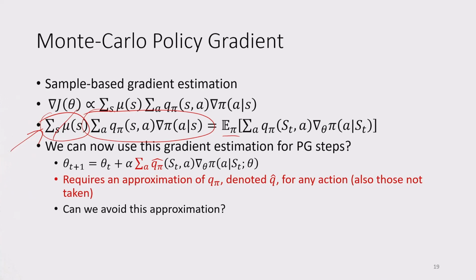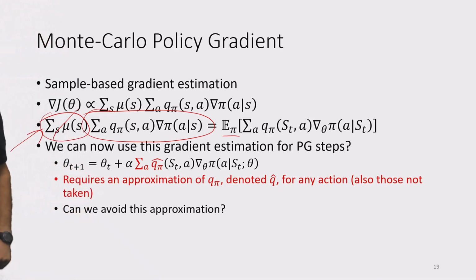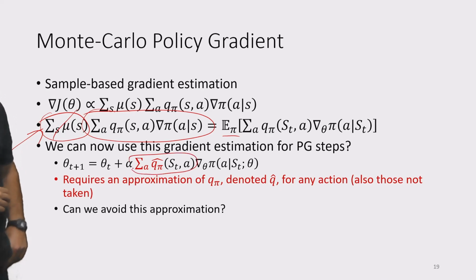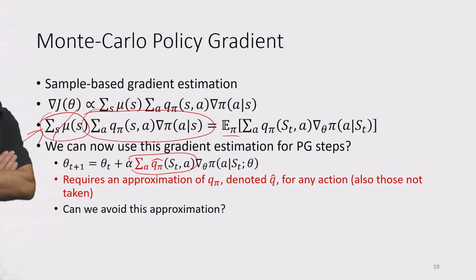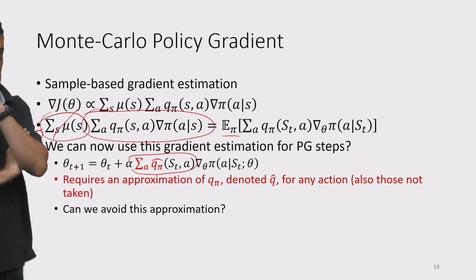But there is another issue that we need to address here, which is the following problem. If we're going to use this policy gradient estimation, this gradient in J estimation, we still need to compute the expected Q value over all of the possible actions in a given state at any time step, St. And this might be a problem